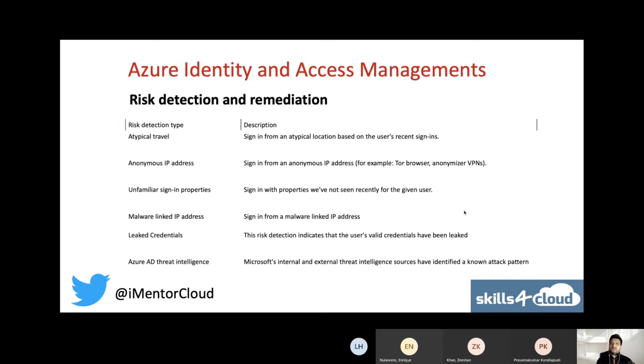You're not traveling at the speed of light. So in that scenario, this triggers and assigns a risk level that this user has been logging in from this location, this country, for the last 14, 15 days. Now, all of a sudden, he's coming from China or maybe Japan or Korea. So that's a typical scenario.